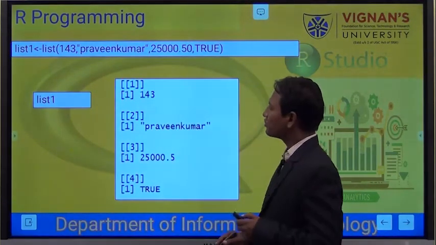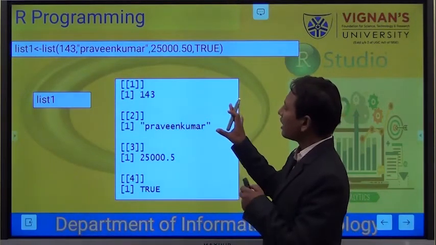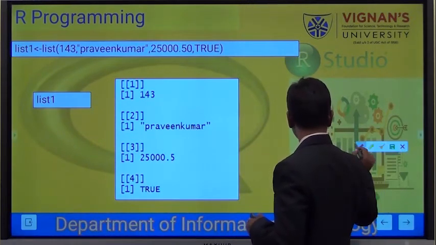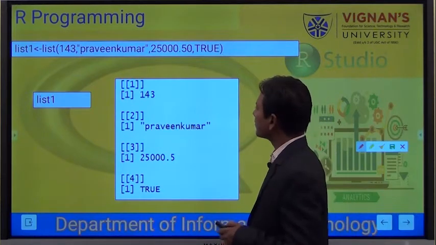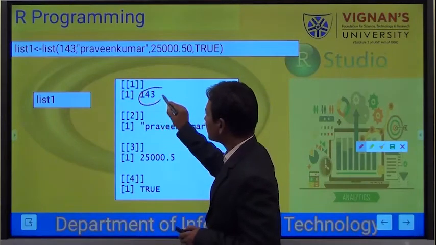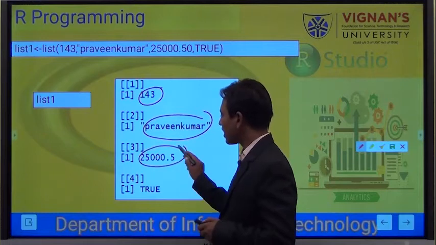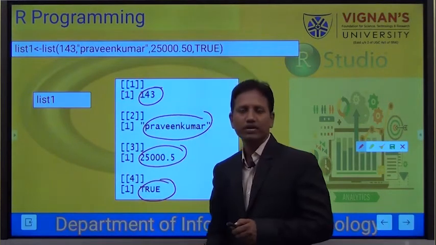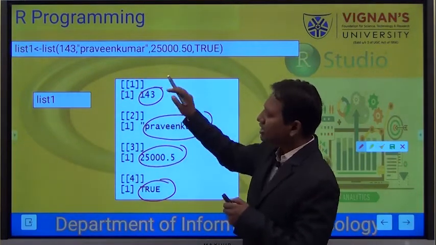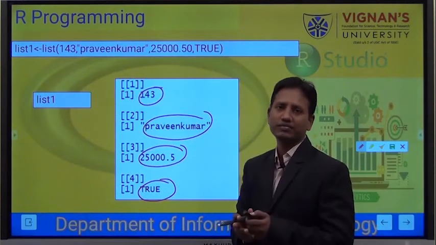When we see the output, you are going to see the output in this manner. We have to take a look at this output. If you observe, the first object is 143, and that is represented here, and second object and third object and fourth object. You have to understand that each and every element is considered as a separate list element.